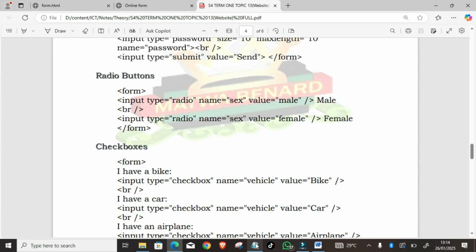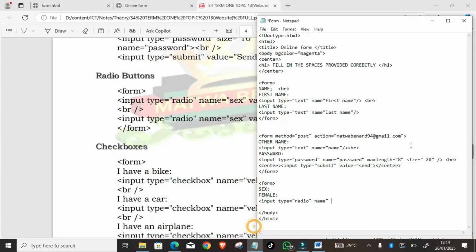What we are talking about is the sex, and then now the value is female. So from here we close our tag for female, and we go to the next one,